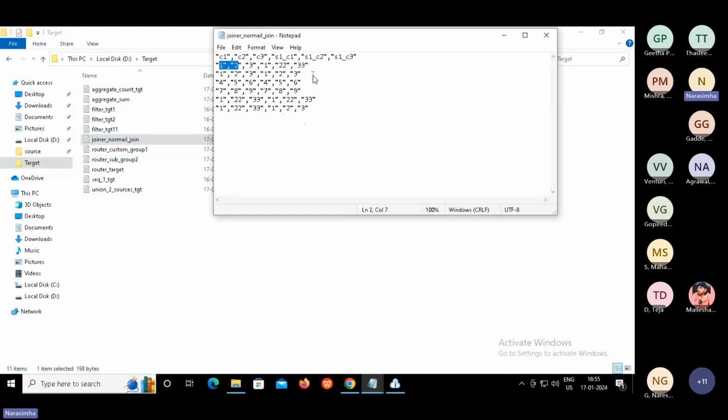So 1, 2, 3, 1, 2, 3, and then 4, 5, 6, 4, 5, 6, 7, 8, 9, 7, 8, 9, and so on. Based on column 1, we are trying to combine, which is 1, 1, 4, 7, 1, 1. That's it. I hope you all could see the same result on your system.